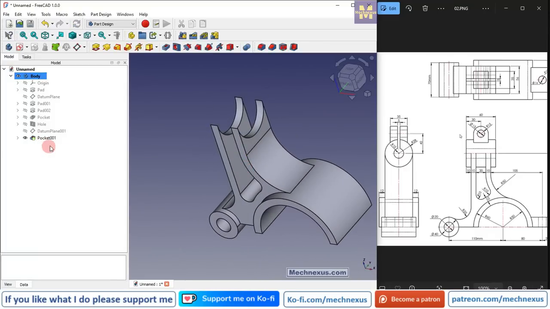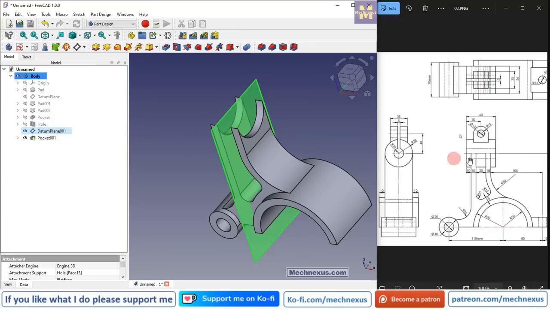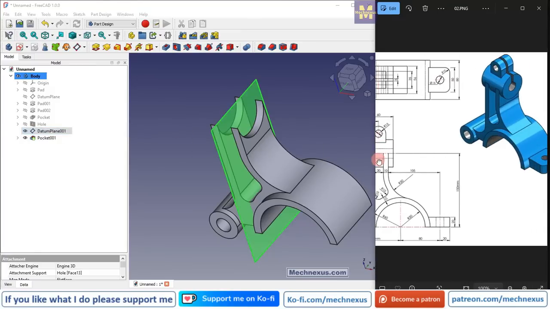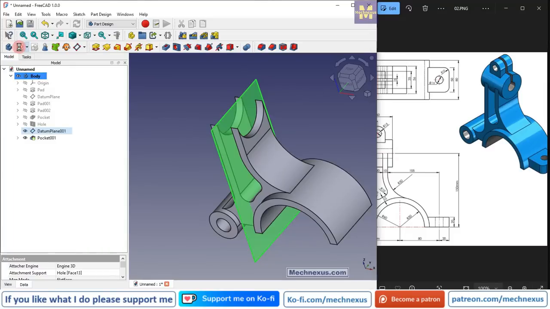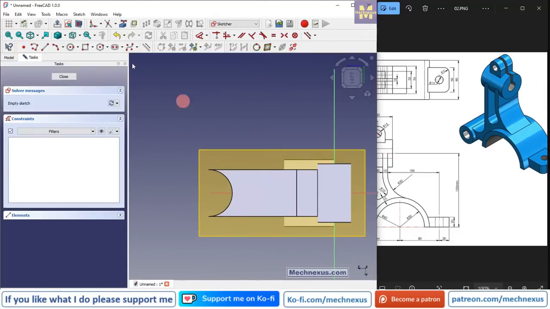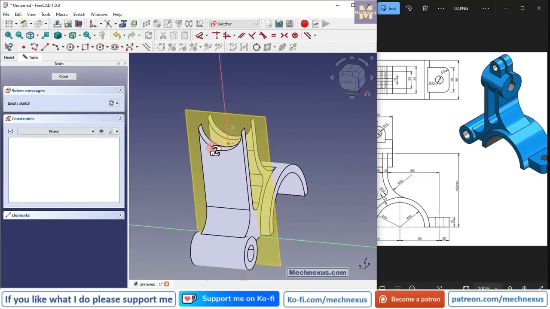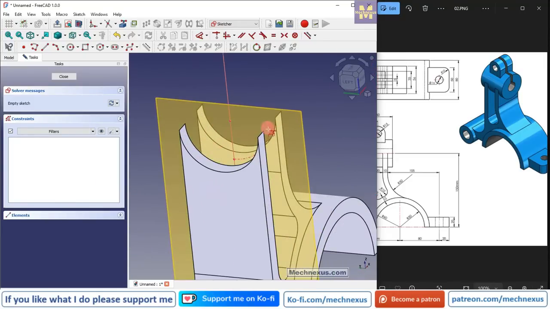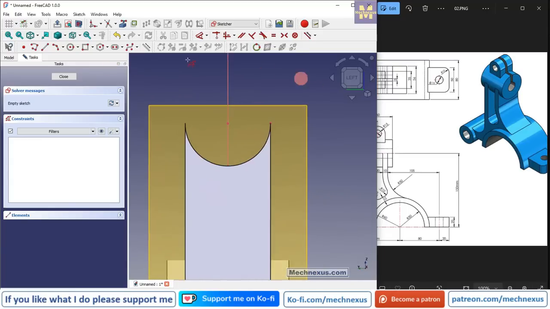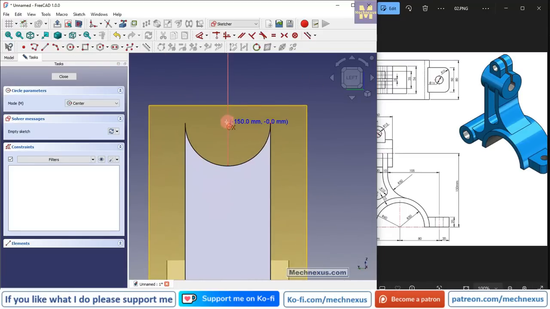Now we will again select the datum plane. Now we have created the cut. Now we will create this circular profile on the same datum plane. So we will select the sketch, now click on the project geometry, and now we will rotate our model. We will create an equal circle as per our construction. So select the circle and